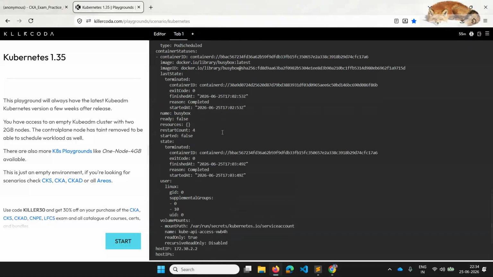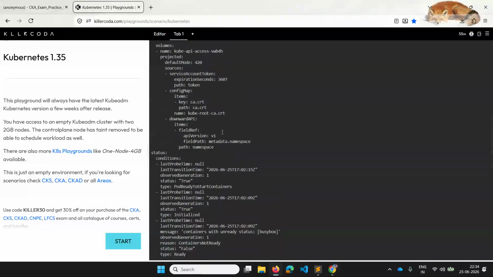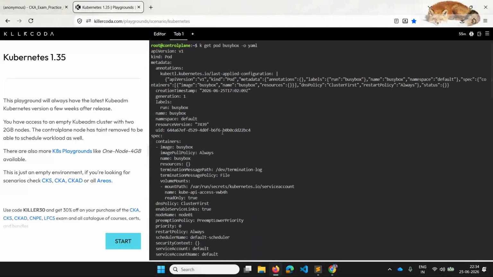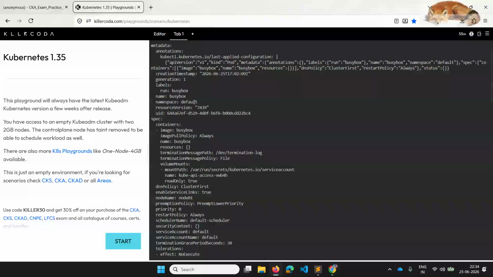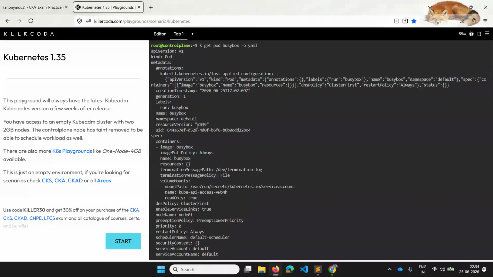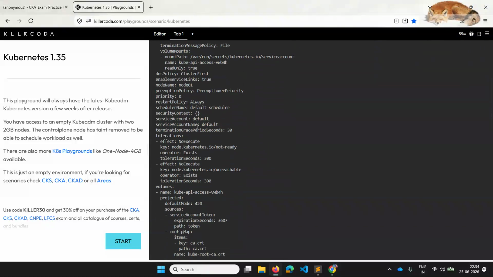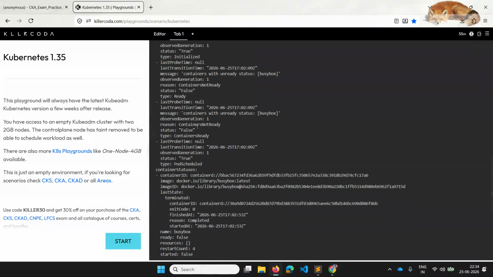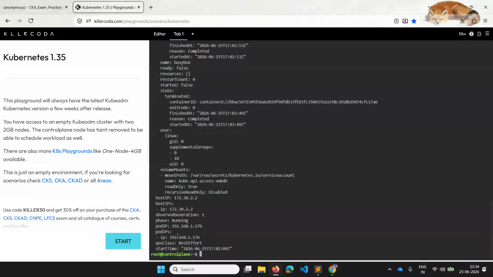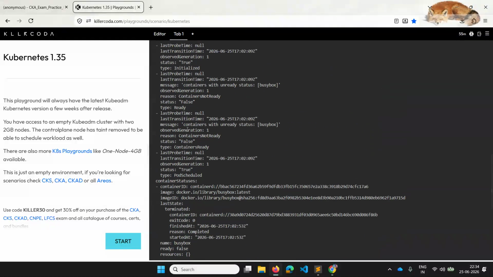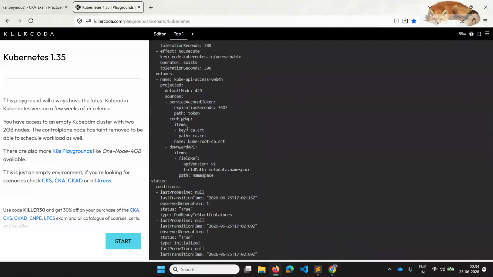So here under the spec, we are looking for the option called hostNetwork, right? I don't see the option here, because this pod does not have host network as true.